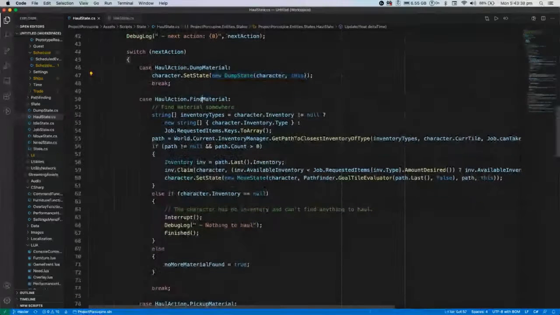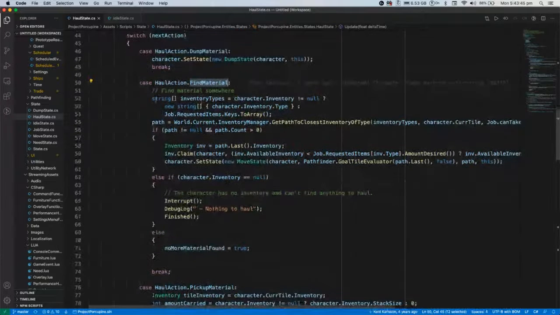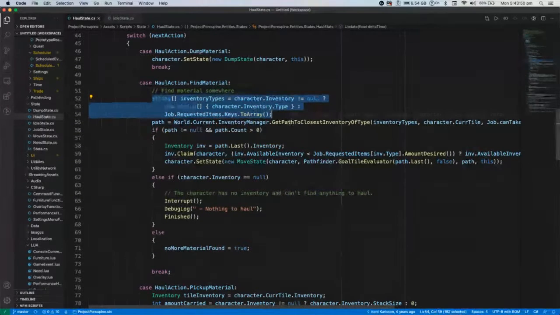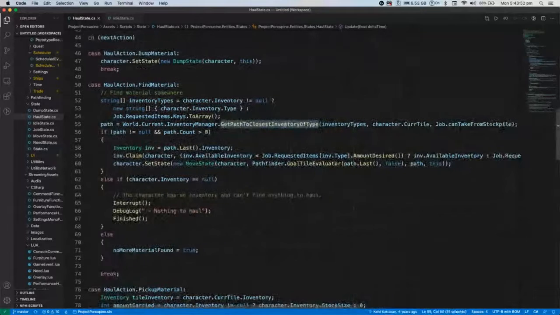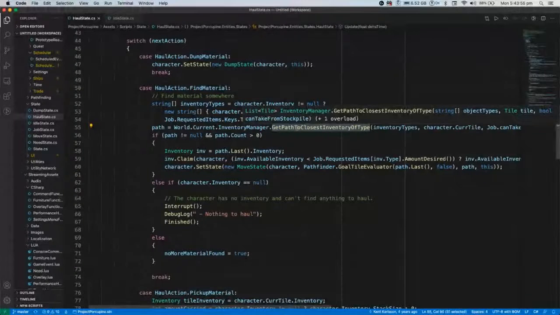In this case, for example, he wants to find some material, maybe to go and haul it, to put it somewhere, or maybe to go and build with it. There are so many reasons why he could. So he goes and looks through all the inventories to find one. He finds the closest path, right, which uses the best thing about starting like this, that we have multiple different path algorithms, and we use the strategy pattern to choose the best one, right? And so, for example, in this case, most likely, if you're in a really